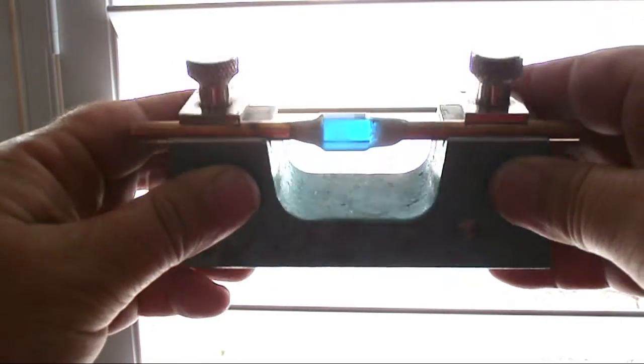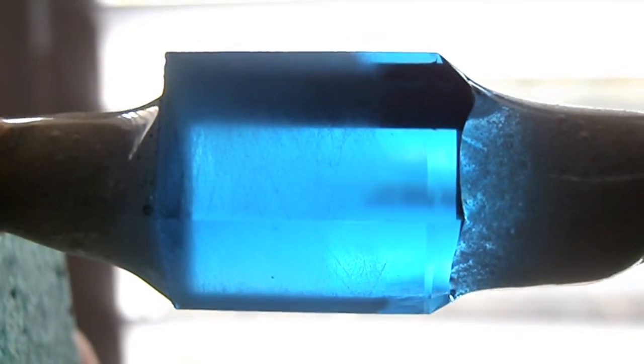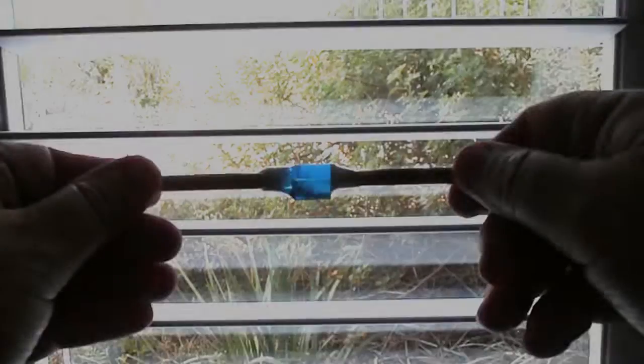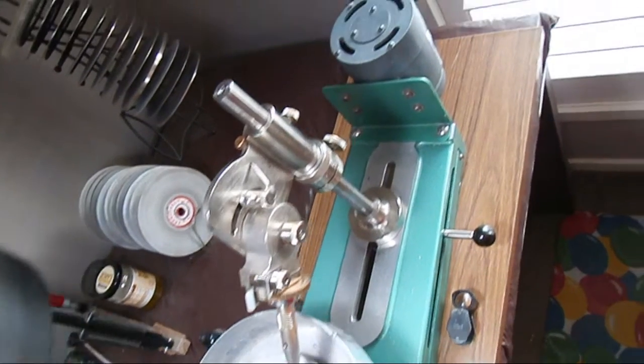So the pavilion of the gem is now complete, and we are on to the second phase of faceting this gem, which is faceting the crown. Before I can do this, for the benefit of a new viewer, this is called the secondary transfer, where the original dop stick will be taken off and another dop stick is placed onto the gem